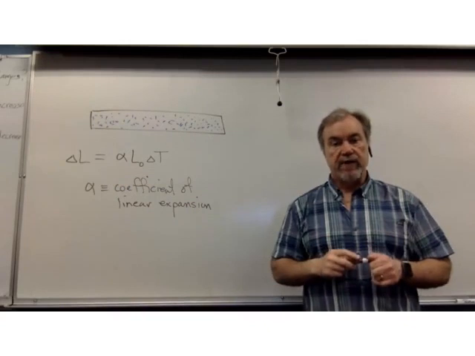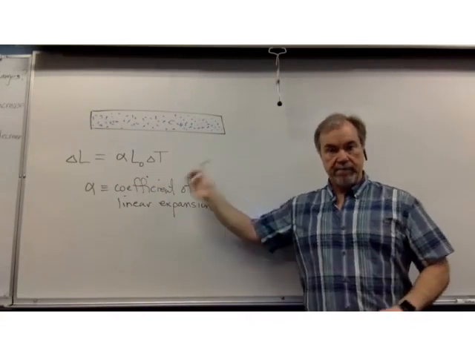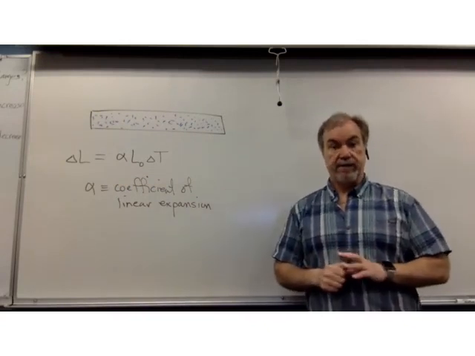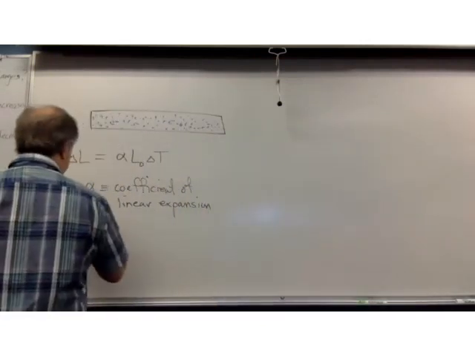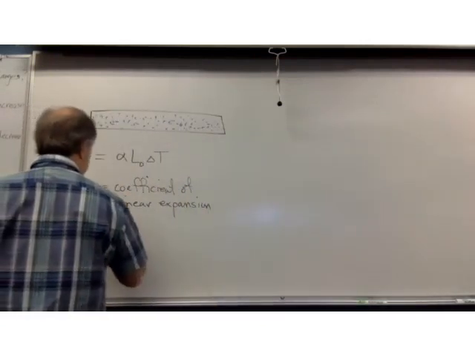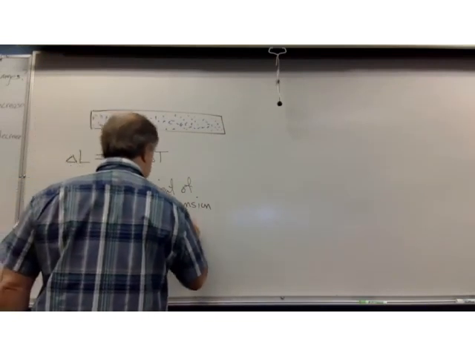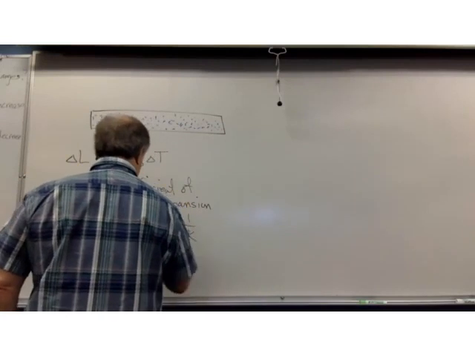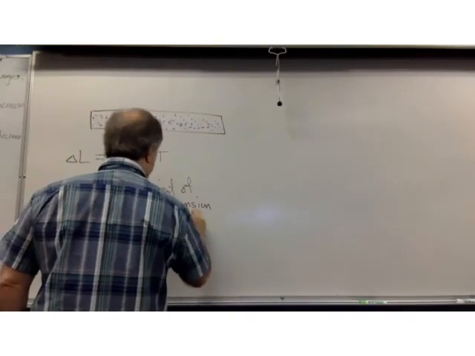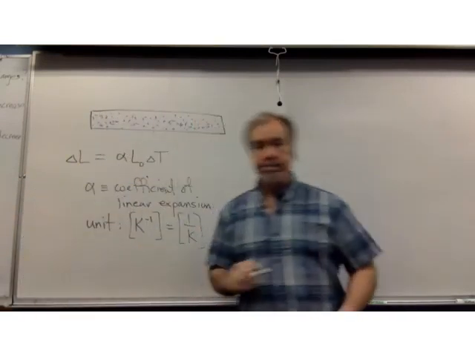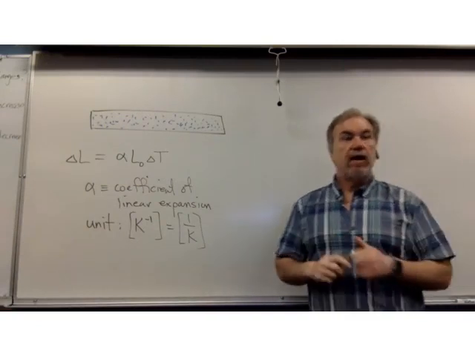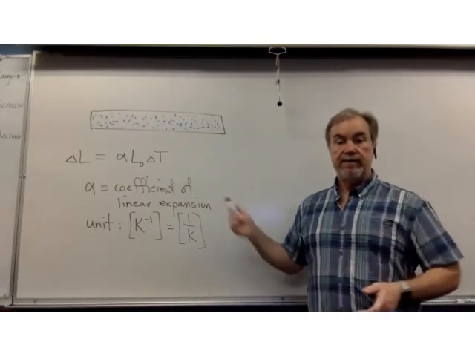Again, it has its numeric value, depends upon the material that our bar is made out of, and its units is the inverse Kelvin. 1 over kelvins. Okay. So that's our starting idea,